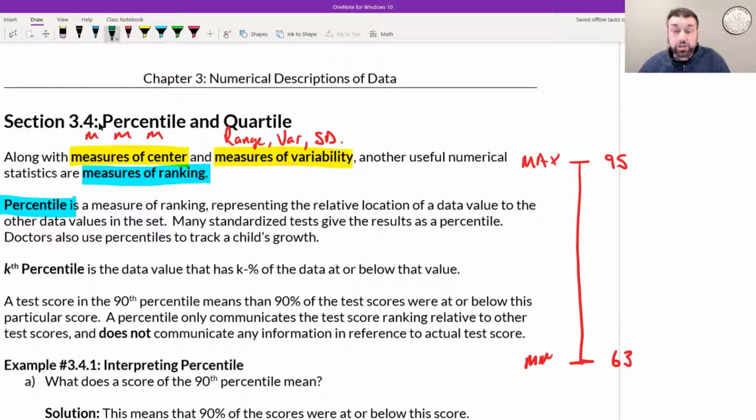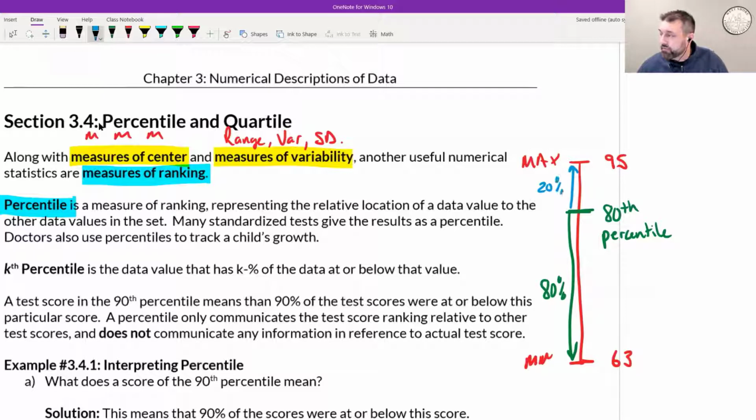And let's say that you scored right here, and let's say that you scored in the 80th percentile. 80th percentile. That means you scored above 80% of your classmates. You scored higher than 80% of your classmates, but you scored lower than 20% of your